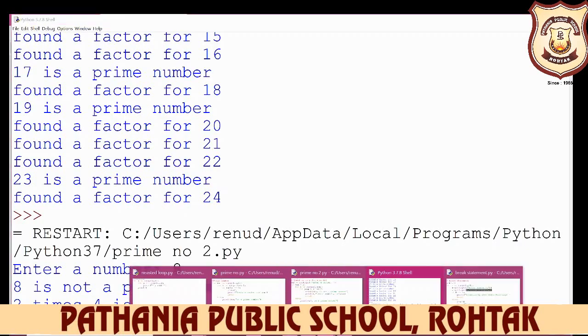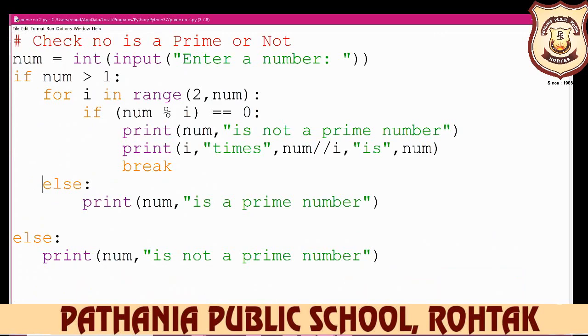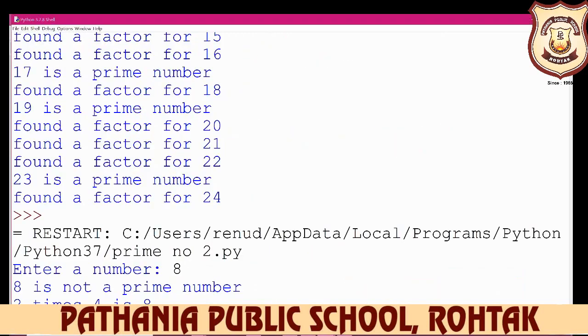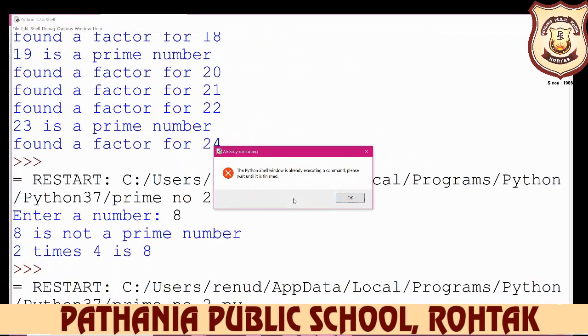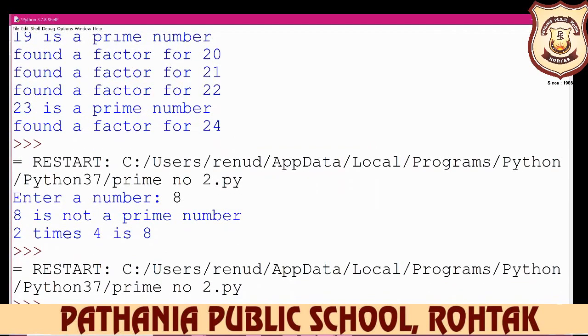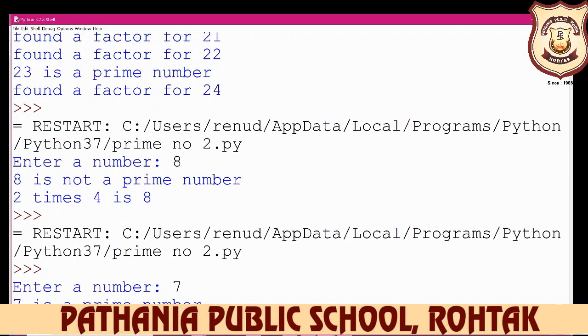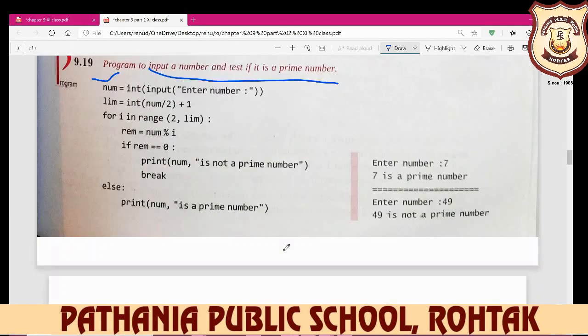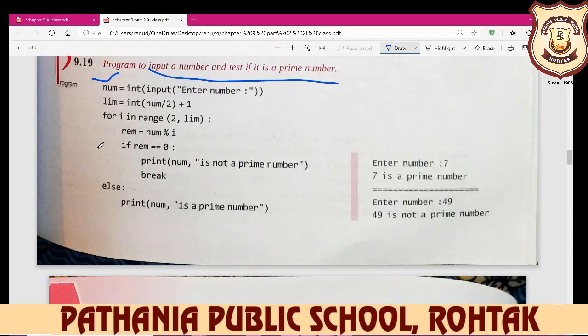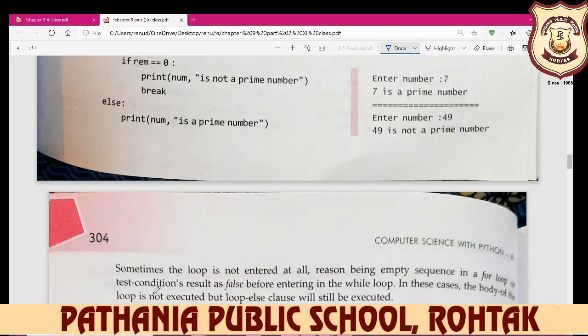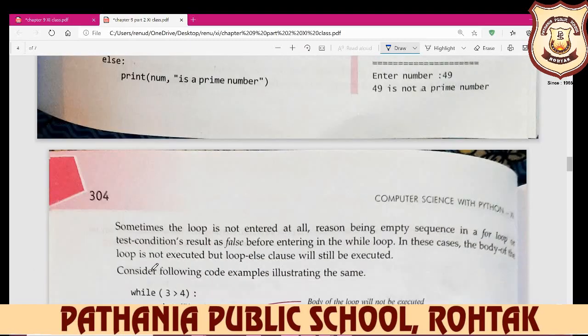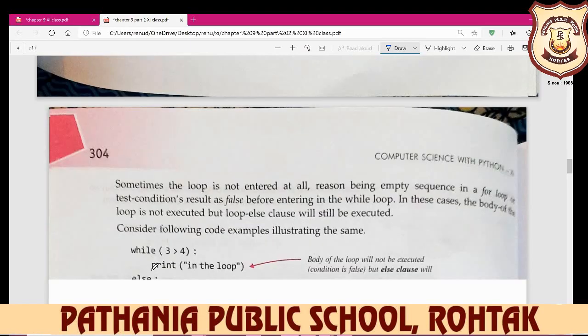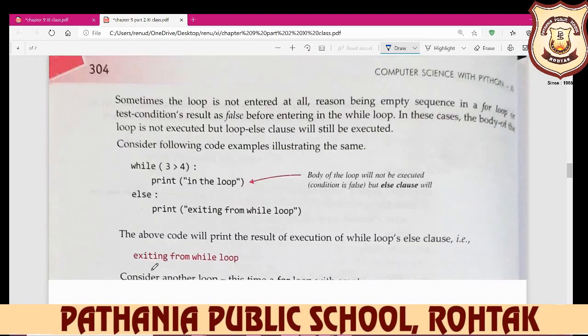So run this program again, and now you input a value, for example 7. Now you see your answer is 7 is a prime number. So it calculates whether your input number is a prime number or not. Okay, beta, do it yourself also, and I am also displaying the answer here, the implementation of this prime number.